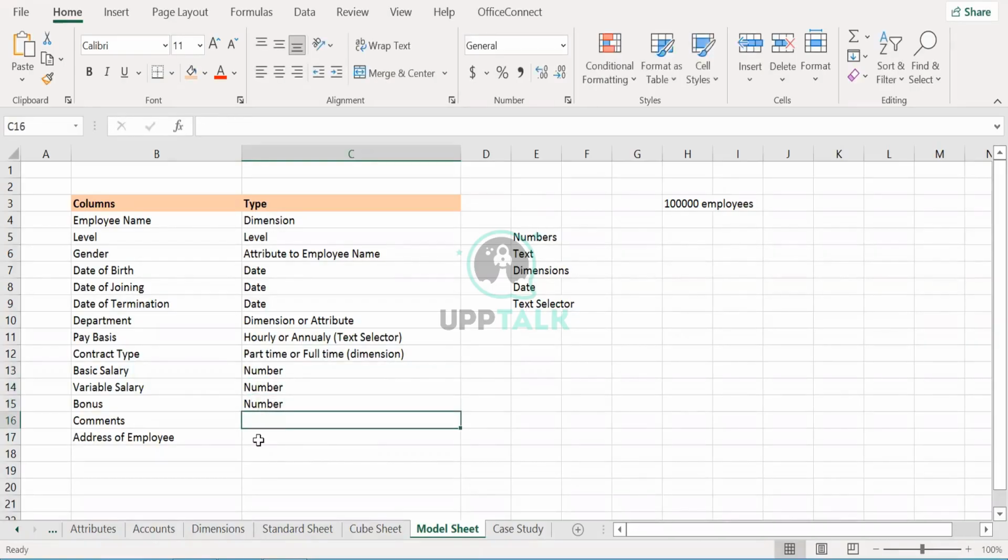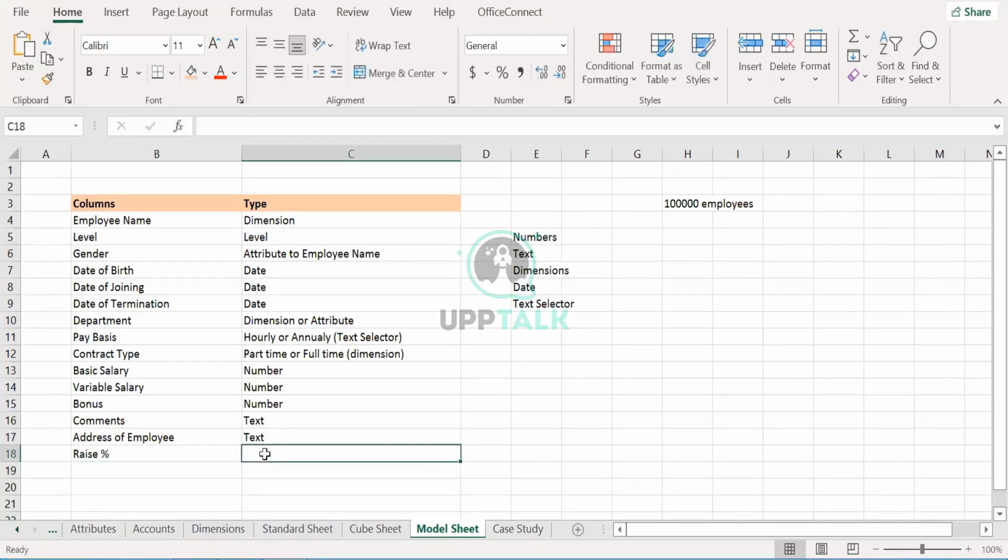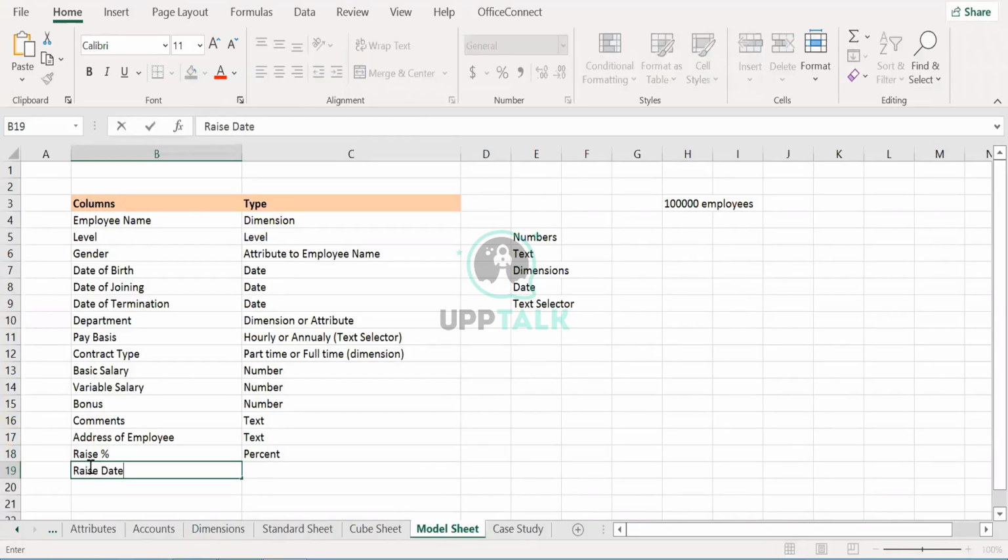Bonus is also a number. Comments is text. Address is a text column. Then raise percentage: for this particular employee, this is a percentage. Then raise date, the date from which he will get the increment.